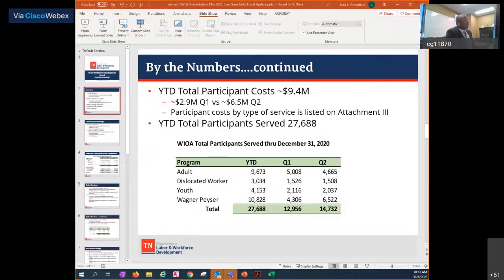The year-to-date participants served, 27,000, also includes our Wagner-Peyser program. Additionally, you can find a list of services in attachment 3 at the end of the slide. But another thing to note is